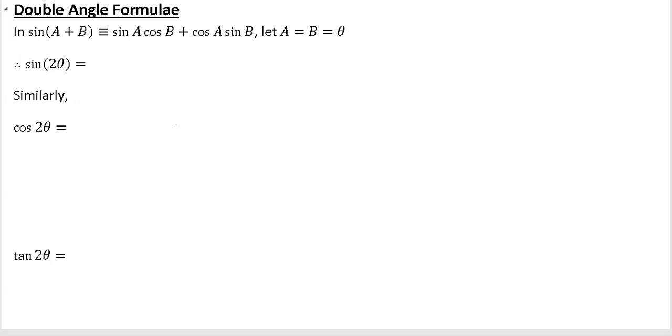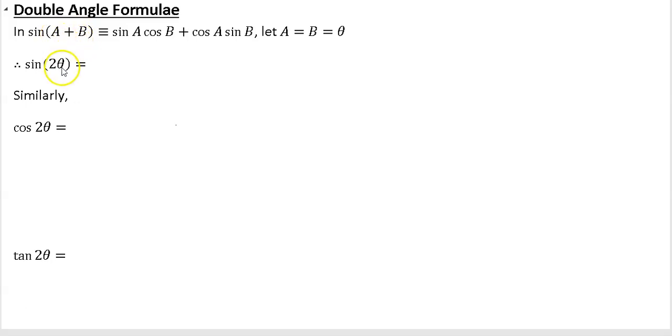In this video, we're going to look at the double angle formulas. So if you think about the original compound angle formula, sine of (a plus b), it was equal to sine a cos b plus cos a sine b. Now, if you let a and b both be equal to theta, then instead this a plus b will become